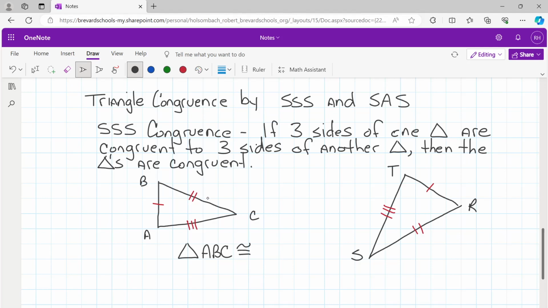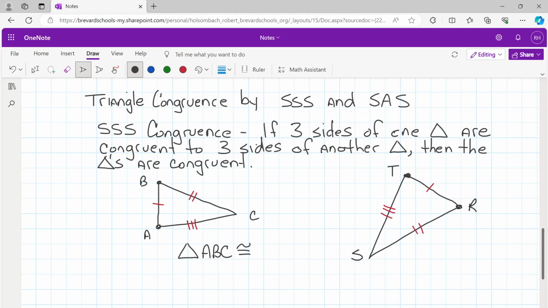Now, pay attention here because we went from A to B. All right, A to B. So we've got to go from T to R. All right, we got to go from T to R because look, we started at point A,